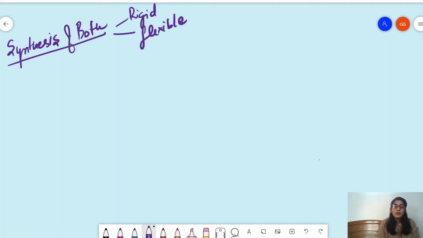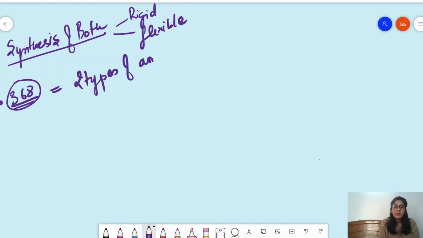Let's understand. You see, Article 368. This is the same article that we discussed in the beginning of the lecture, under which I told you that the Kesavananda Bharati judgment said that the Parliament can use Article 368, which gives the Parliament the power to bring in laws. It can bring any law as long as it doesn't alter the basic structure of the Constitution, right? It's the same law. Now let's understand this law. Article 368 deals with two types of amendments.